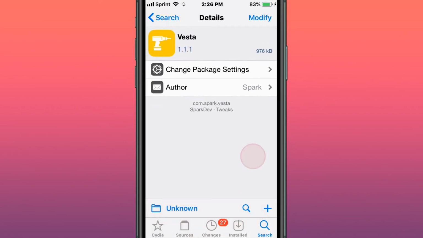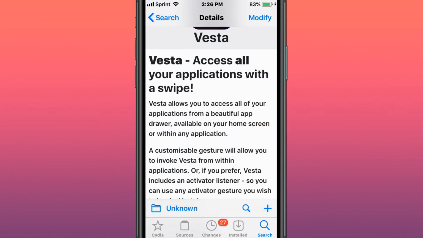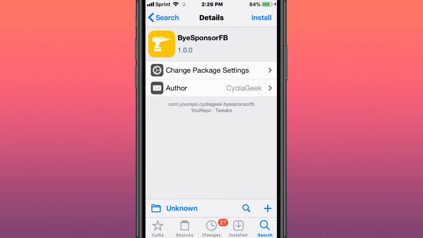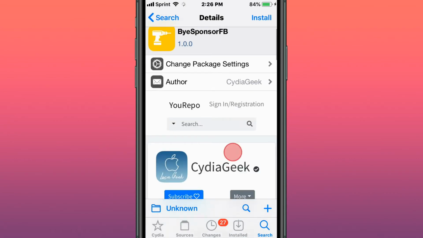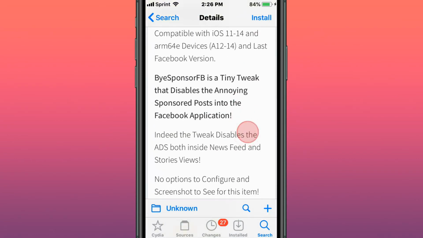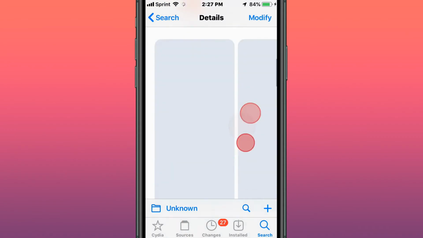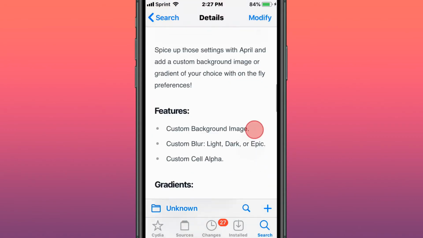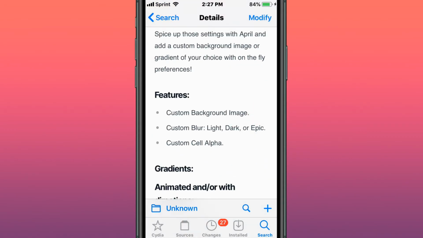This is called Vesta, which lets you access all your applications with a swipe, with a beautiful app drawer available on your home screen or within any application. This is called BuySponsorFB, and it removes all the ads in the Facebook app. This is called April, and allows you to change your custom background image, blur, light, dark, or epic, custom cell